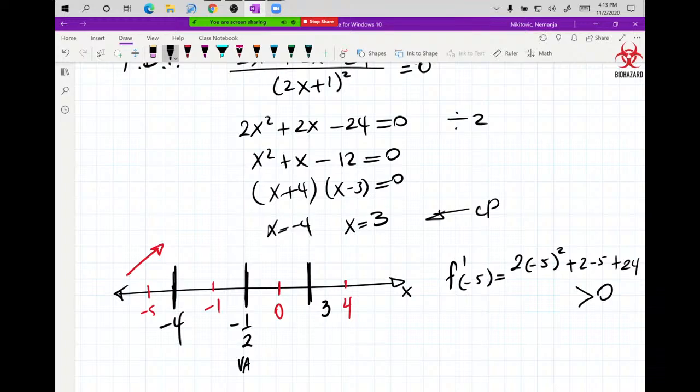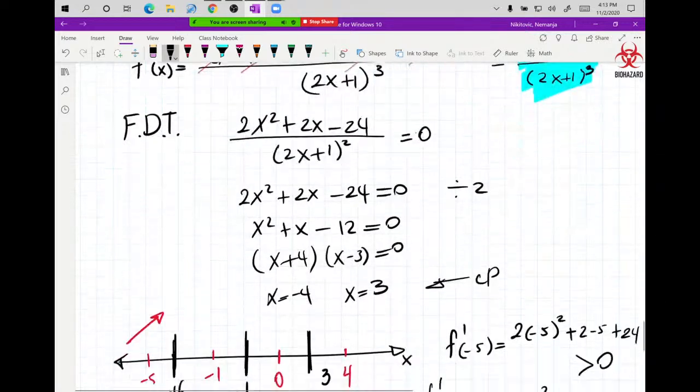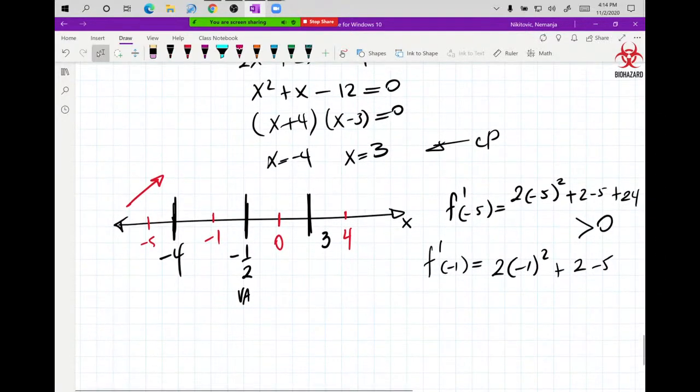Plug in -1. Again, this one does not have to alternate, guys. So, be careful about that. Plug in -1, that's 2 times -1 squared plus 2 minus 5. This is plus 2. But the value I'm plugging in is -1. So this should be